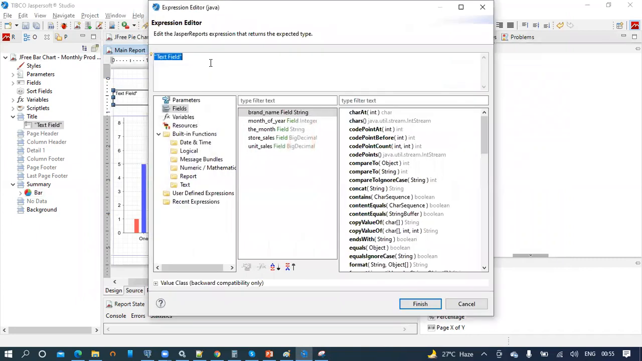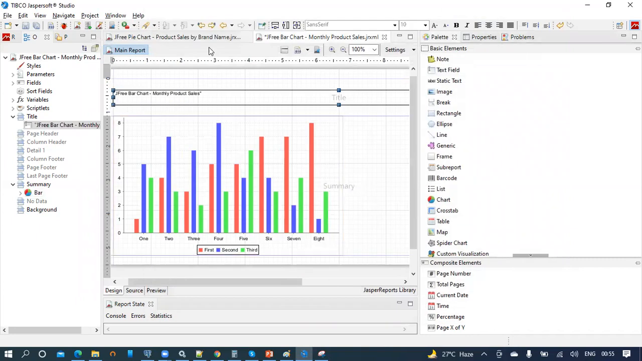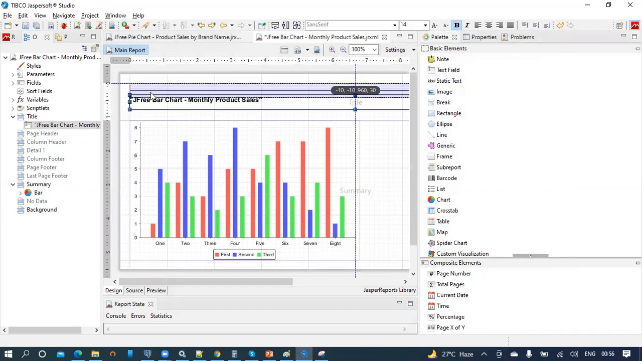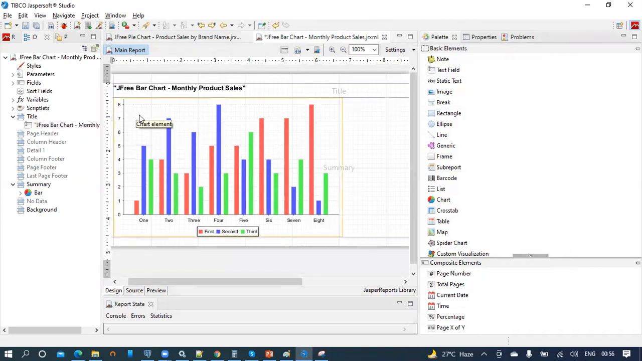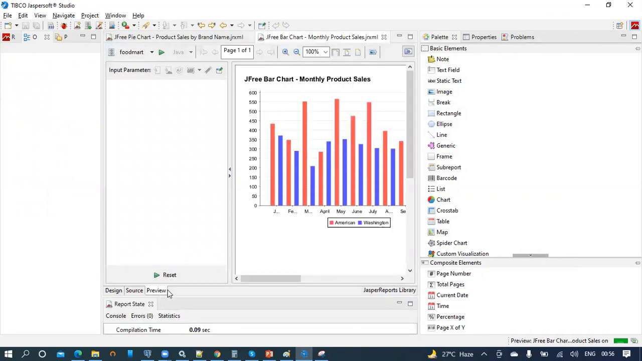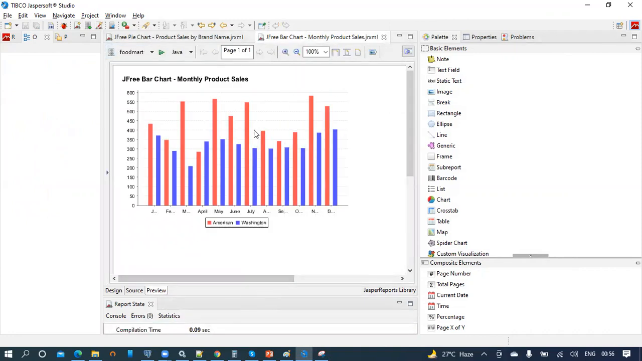So double click on the text field, then this here, put in this should be enough for the demo. Now let us run this report and see how the graph shows up in the output. Yeah, so we can see